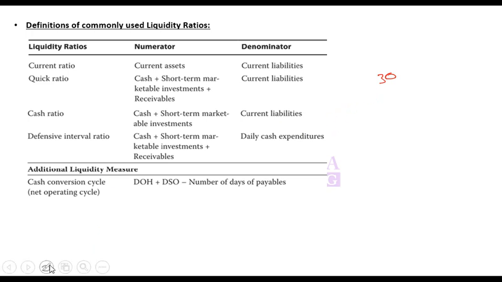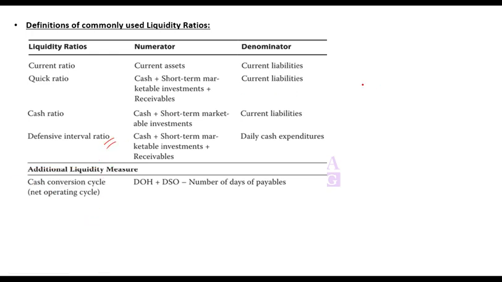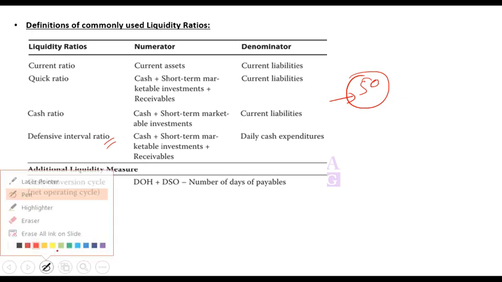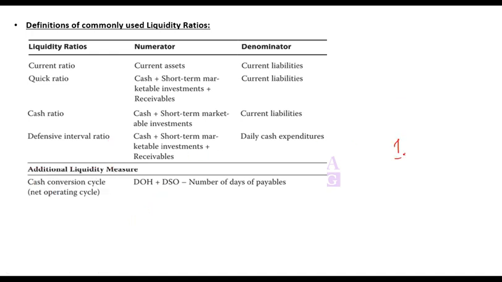Sorry, what's 50? So 50 is generally an average ratio that any company should have, enough liquidity to meet about 50 days, or 1.5 months, of obligations. Generally it is assumed that a company should have more than 1 month of obligations covered, and less than 2 months is fine. So somewhere between 1 and 2 months, so 1.5 months or 50 days, to meet 50 days of obligations with the current money.